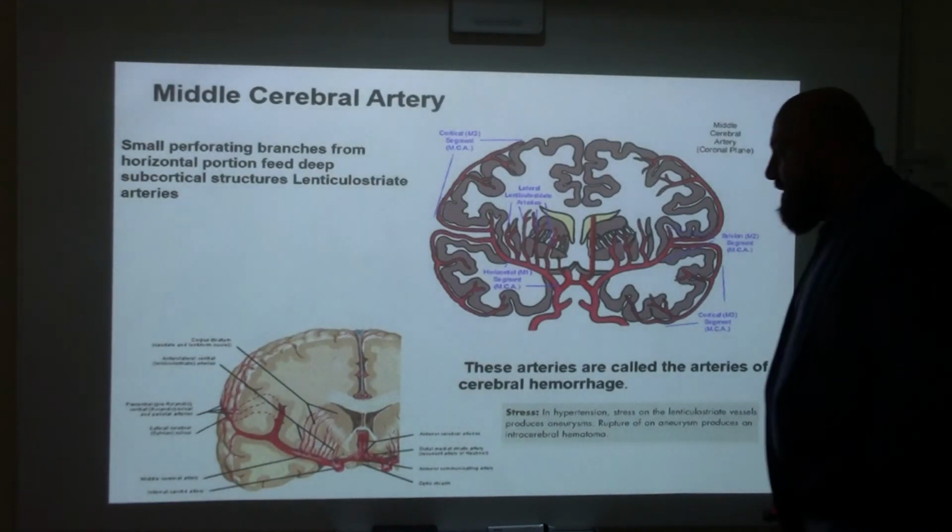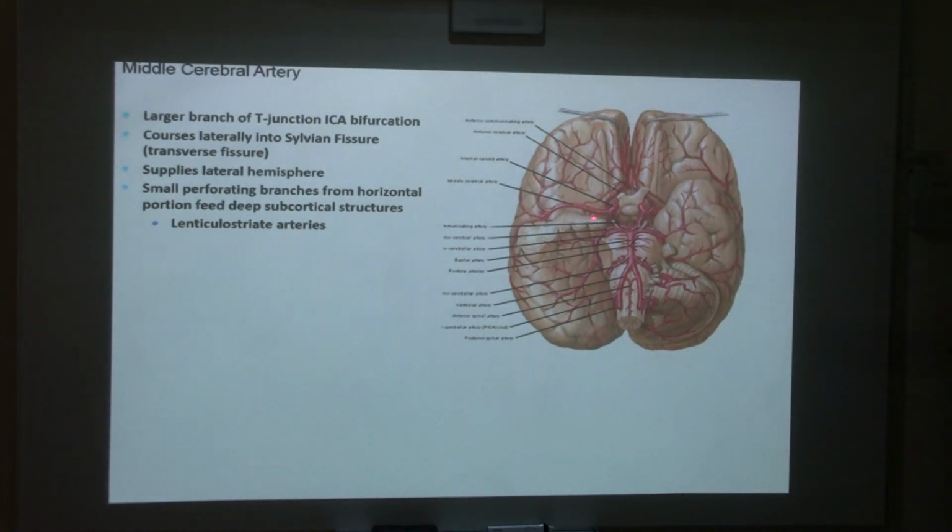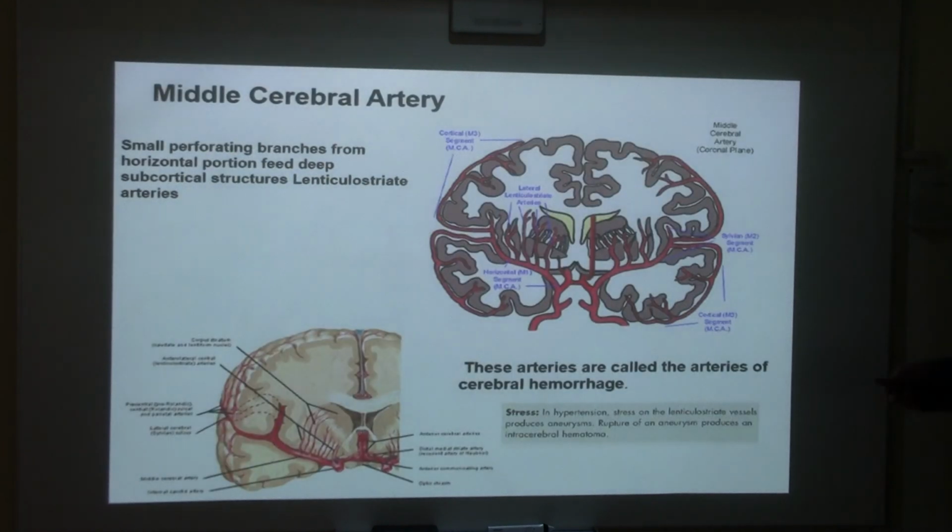So I'm going to repeat that. Middle cerebral artery is a direct continuation of the internal carotid artery. And you can see it heading towards the fissure of Sylvius. Why? Because its final destination is the lateral surface of the cerebral cortex. Now, before it reached the fissure,